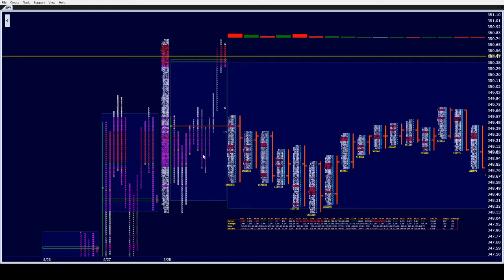Went up, took some off, came back on twice. I think twice I added on after the original, rode it back to the park, and actually held some all the way up until where value high was at the time. So that was a good trade.